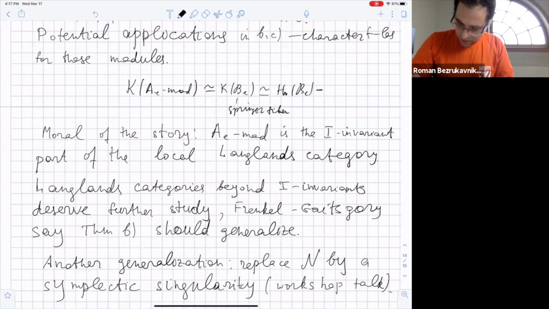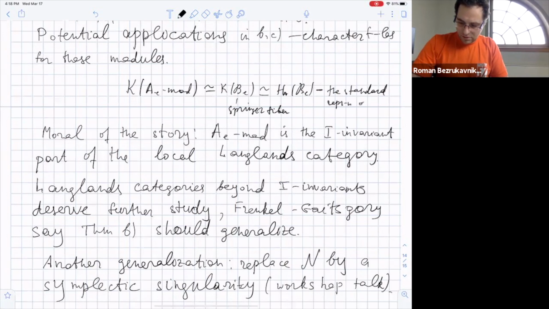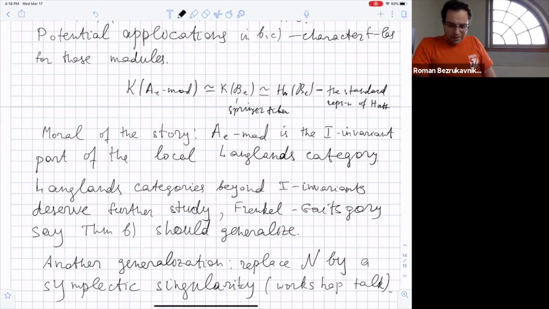So this is also by the work of Lusztig and Ginzburg. This is the standard representation, sometimes reducible, of the affine Hecke algebra. So in other words, invariant vectors in a standard representation of the Iwahori group. And so, okay, we went through all the story, which can be thought of as various aspects of the study of the category, the category of representations of the Iwahori group, and local